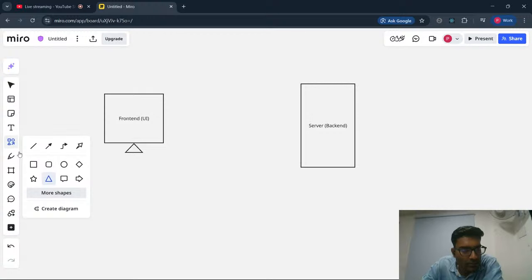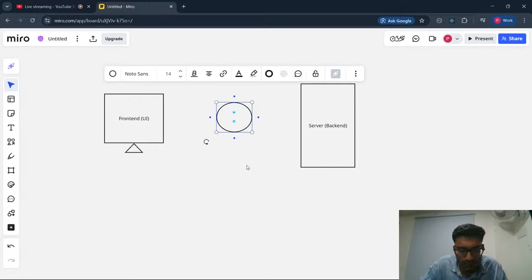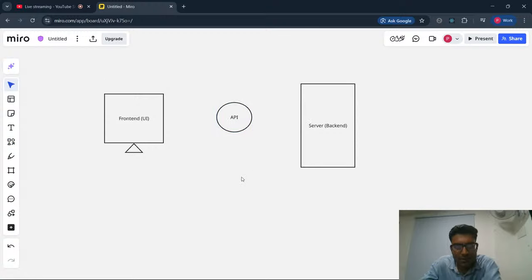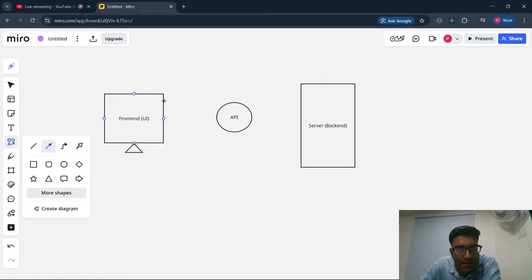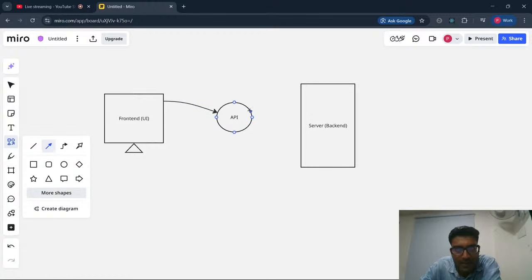Then there is one more thing which connects our front end and backend, and that is called an API. API means Application Programming Interface, through which the front end can send requests to the backend.